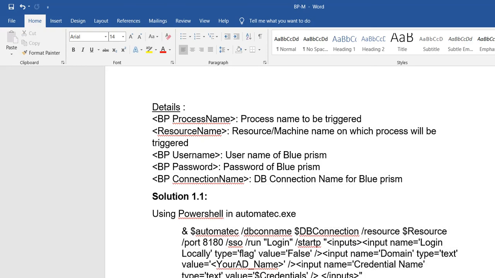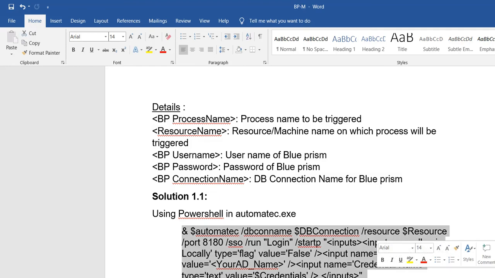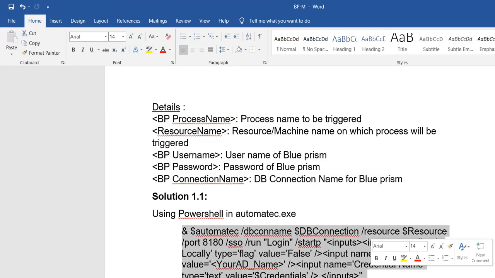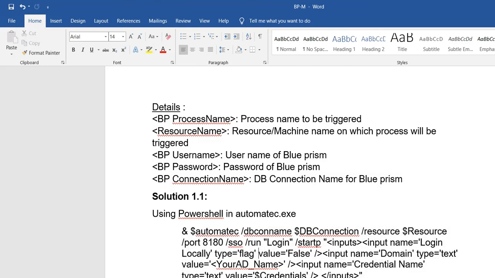Here you can see automate c, this is the main keyword, and the database connection name, the database connection, and resource, which is your machine, and the port also. Input is login locally, and a flag setting true or false, and the value is false, and the input name, so what is your domain type and your active directory name and credential name, as well as your credential value.